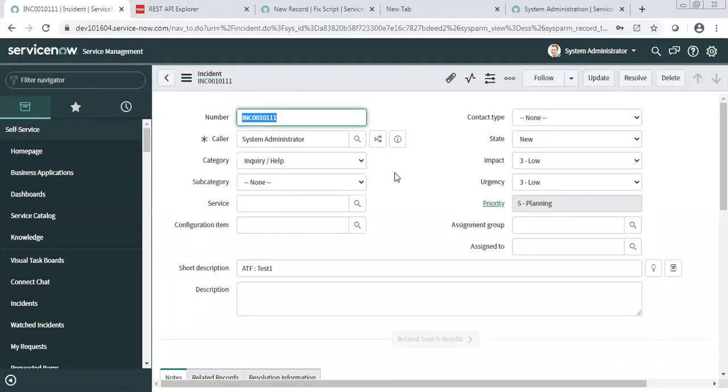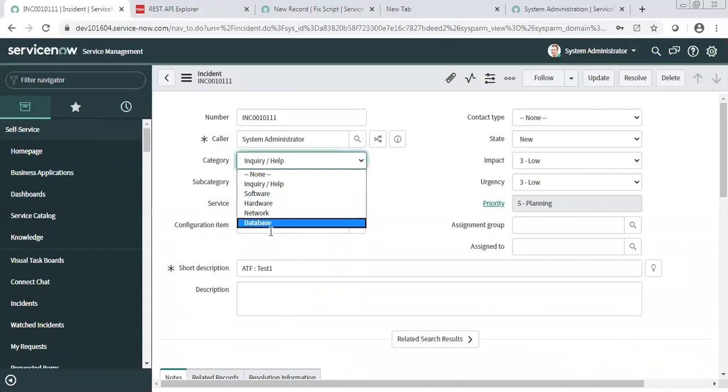Because otherwise it will not map here. You can map only these choices. So maybe they have called it a hardware system, right? If they send the hardware system, your ServiceNow will not set it. So you have to decide what you want them to send and tell them. For this category and the reference fields, both teams need to decide what value should come, because any value apart from these will not work.